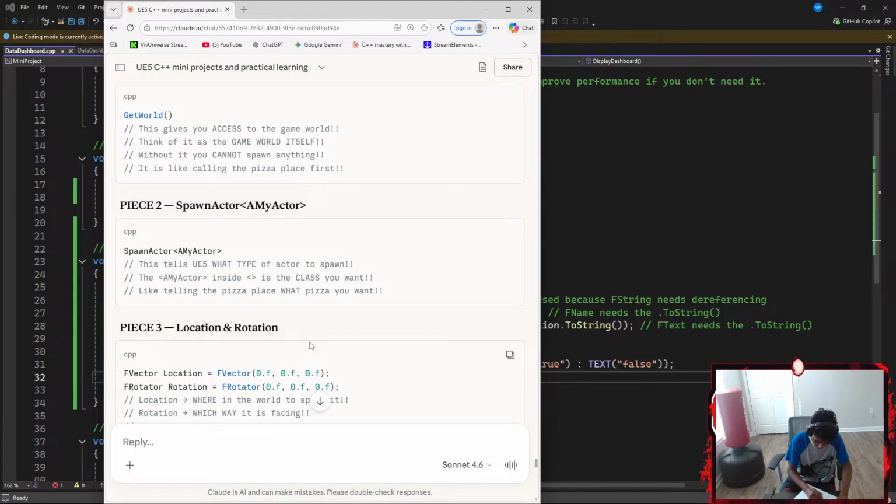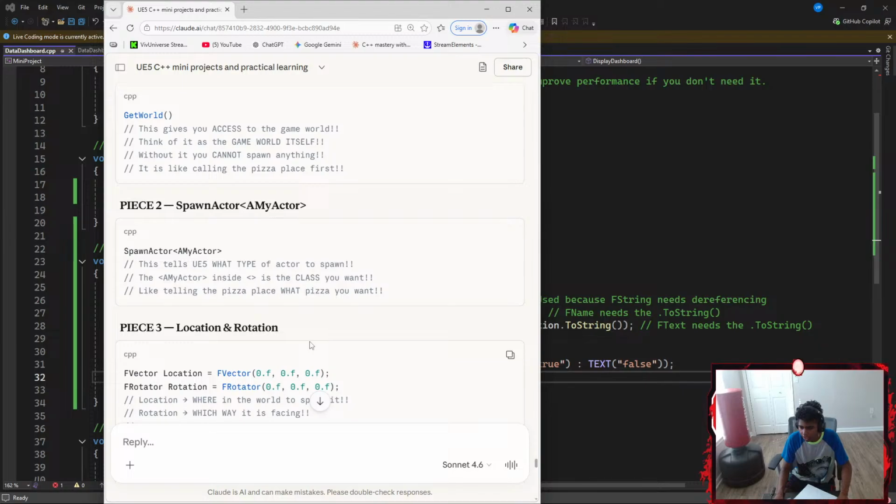The MyActor inside the pair of angle brackets is the actor that you want to spawn.